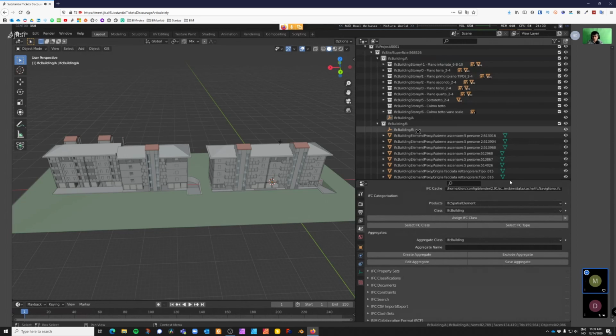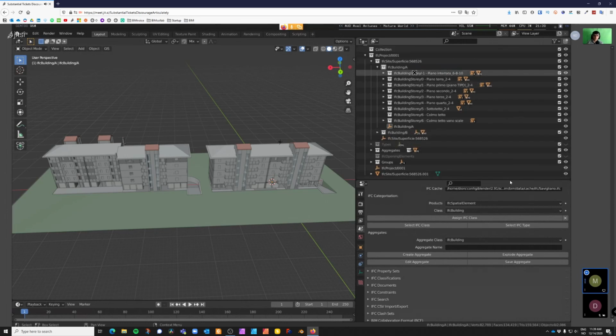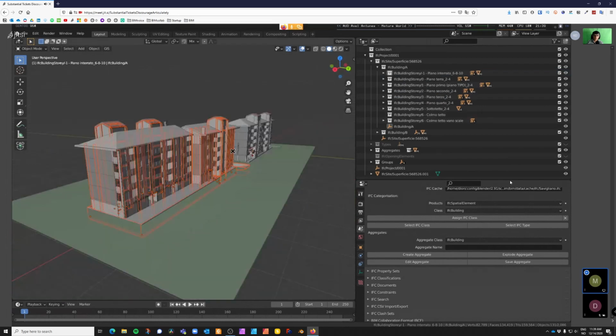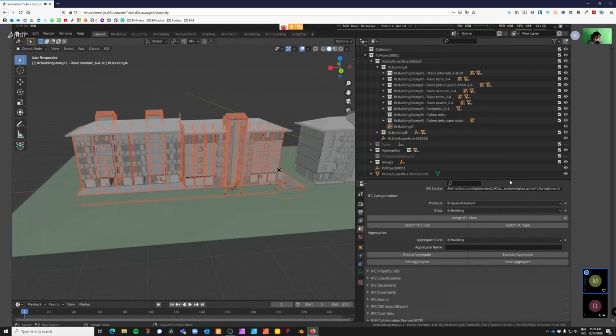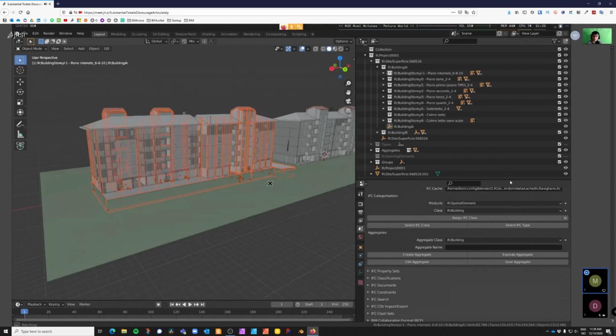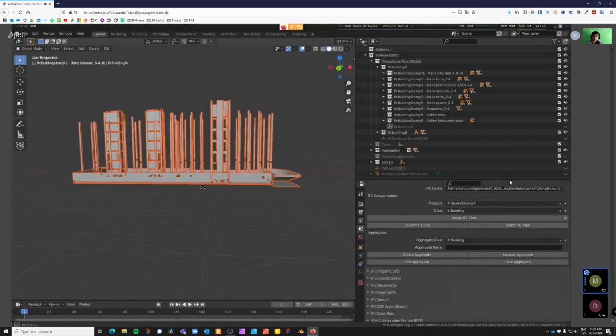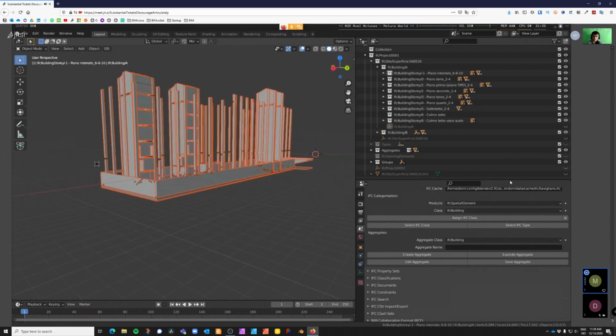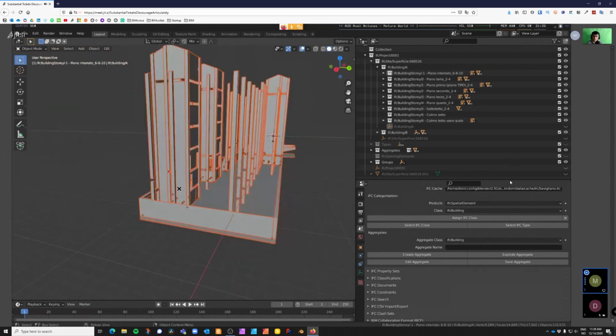And so if we continue to inspect this file, we can say, okay, we have a whole bunch of building stories. We have the -1 story, which I assume is a basement of some kind. So if we select that, you'll notice something interesting here. I've selected stuff that's on the -1 story, but it's selected elements that seem to go all the way up the building. And if I isolate that, some of these make some sense. So for example, we have this